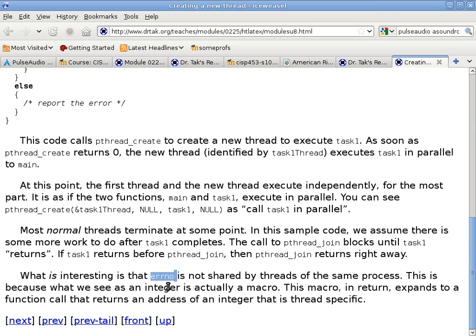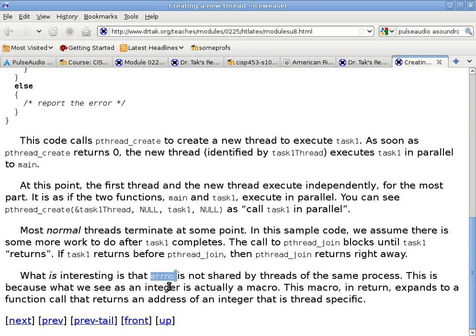But because errno is not like that, it's really not a global variable. Instead, there's one instance of errno per thread. Then these two threads have no problems, because this thread can take its time and interpret errno all the way down here, and this thread can also take its time and interpret the errno of this particular thread much later on. But the whole point is errno is not a real global variable. It's not allocated statically. It is a macro wrapping around a function, and the function returns a pointer to an integer. So that's why it behaves kind of like a global variable, but it really is not.